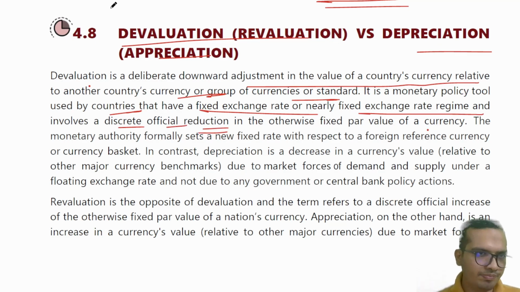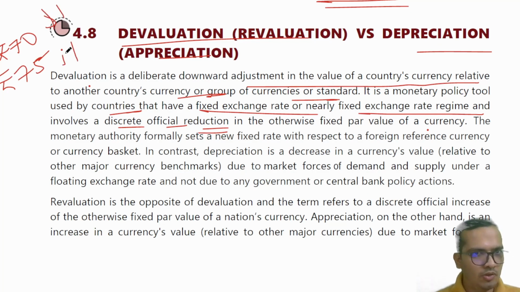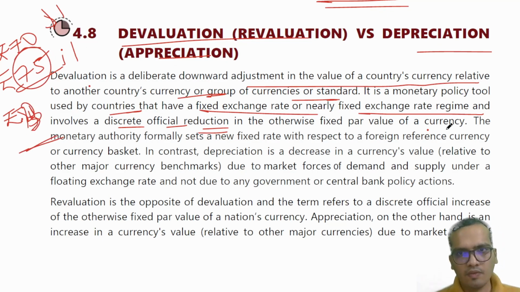मान लो जहाँ पे अभी, जो अभी दिखा है हमने, इंडिया का वैल्यू 75 है अगेंस्ट डॉलर. तो गवर्नमेंट एग्जाम्पल है कि इसमें, सो गवर्नमेंट विल इंटरवेन एंड ट्राई टू फिक्स इट टू 73. दिस इज कॉल्ड डीवैल्यू कर रहा है, जबकि उसका एक्चुअल वैल्यू 73. सो द मॉनेटरी अथॉरिटी formally sets a new price rate with respect to a foreign reference currency or basket of